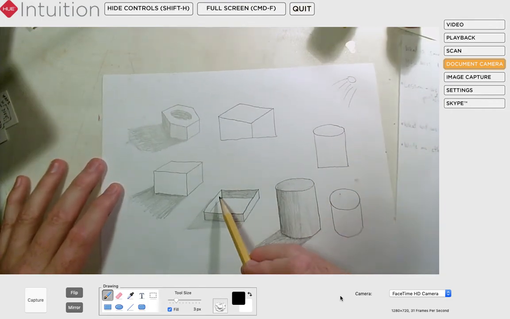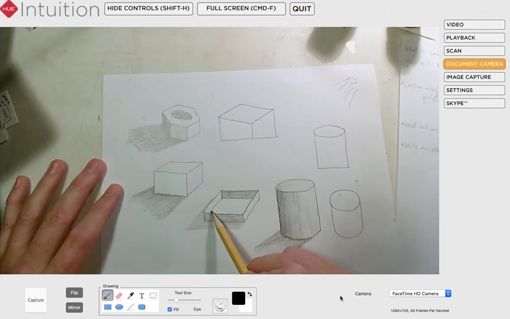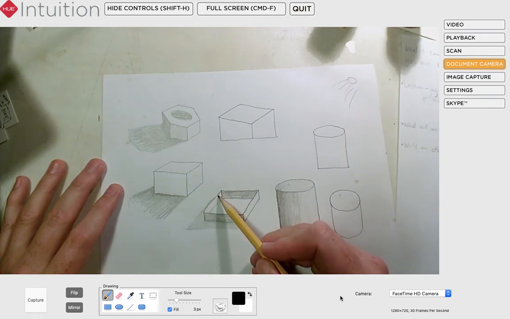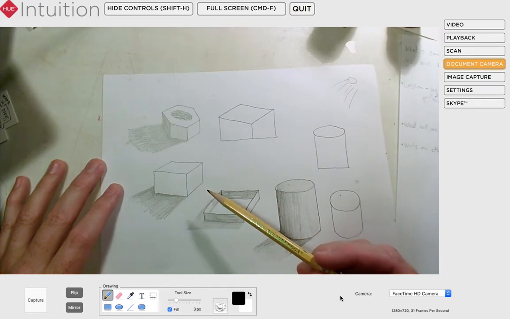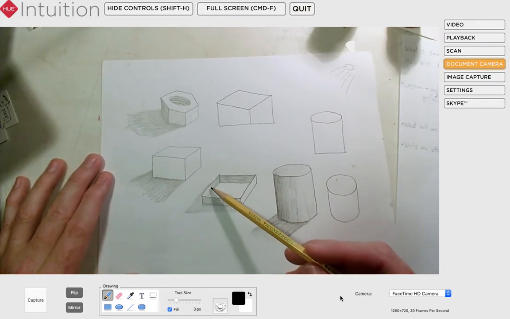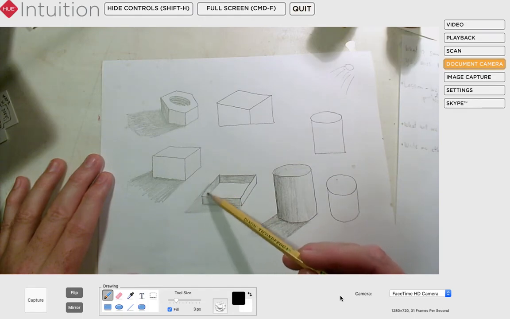So yeah, so now I know also that part of this edge should not see light. So light is going to be hitting part of this, but the part that's closest to that edge that I just created should not be getting light on it. So I'm going to do another one of those kind of faded shadows. So it's dark there. I'm going to maybe even move my hand back on the pencil so that I have a much lighter touch. And I'm just going to barely make a mark